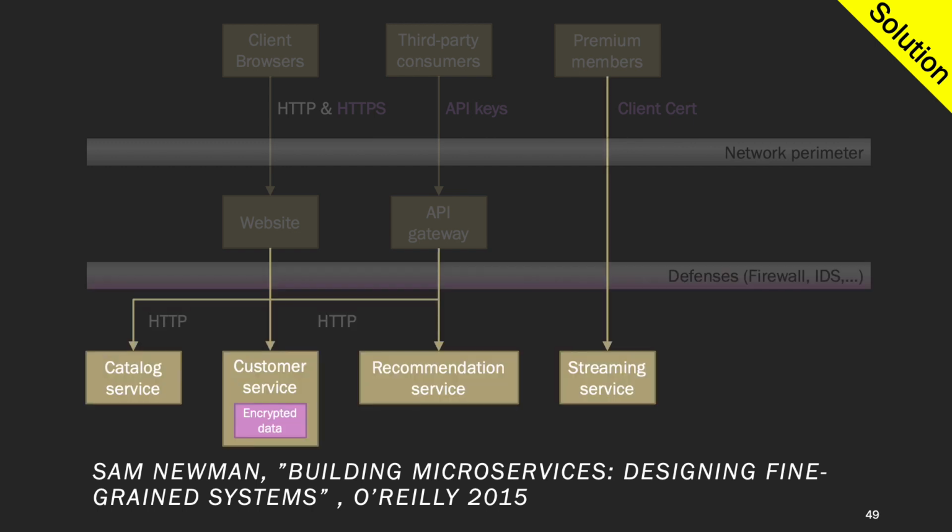Finally, we're not so much worried about the data in the catalog service because after all, we want that data to be shared and we actually provided an API for it. But we're very concerned about our customers' data. Here we decide to encrypt the data that is held by our customer service. And we also build a key management schema to ensure the secure storage and the use of encryption keys.